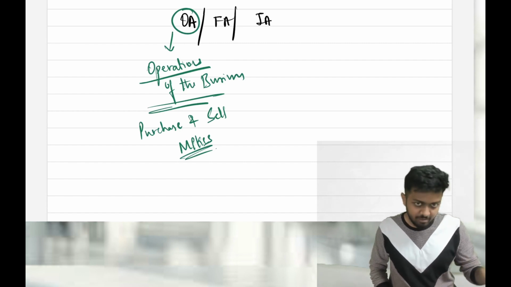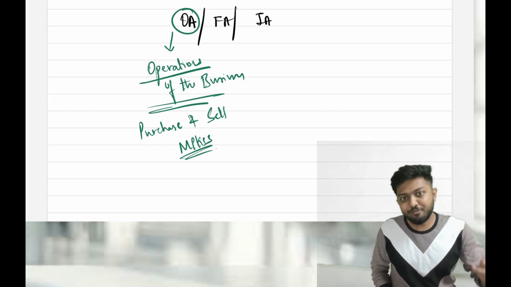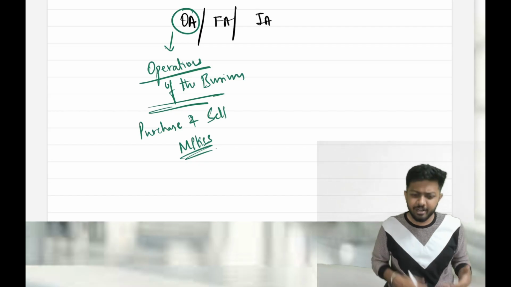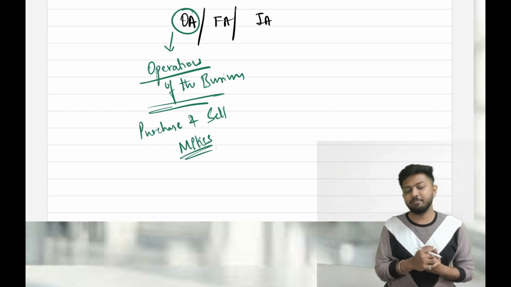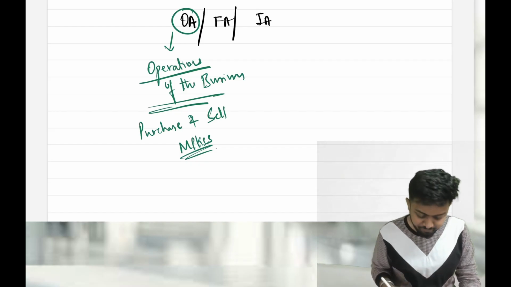Any other example? One good example was rent. My purchases are operating activity. Sales are operating activity. Then paying rent, paying salary, all these are what? As part of normal operations it is happening, and henceforth it will be considered as operating activities.